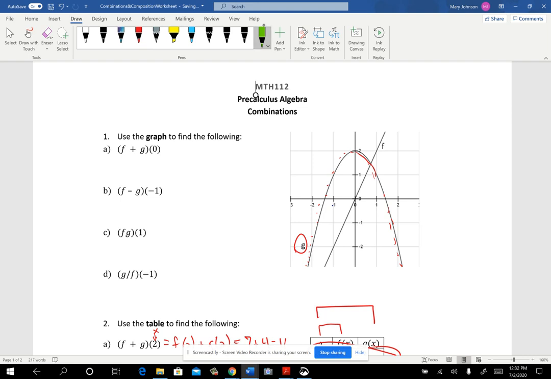And then the function is the line. It's also a whole set of ordered pairs. So be sure to think about that, okay? All right, so if we want f plus g of 0,